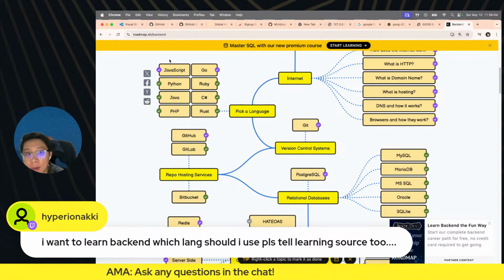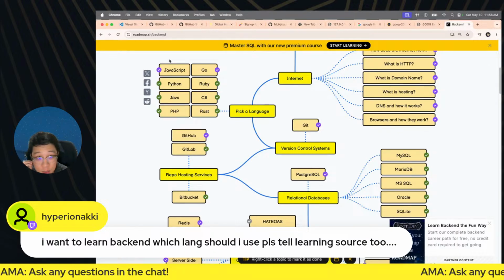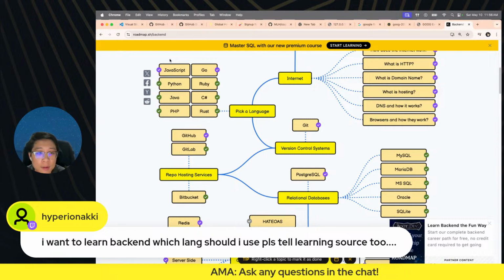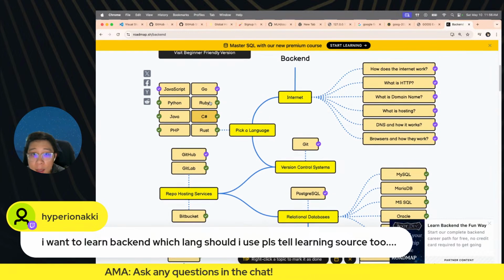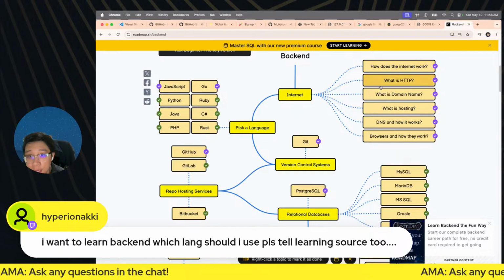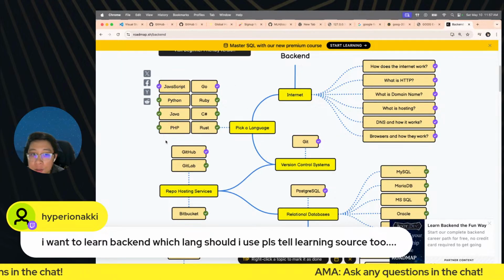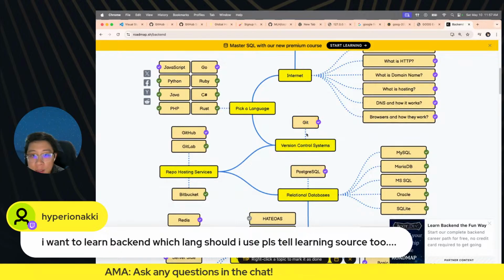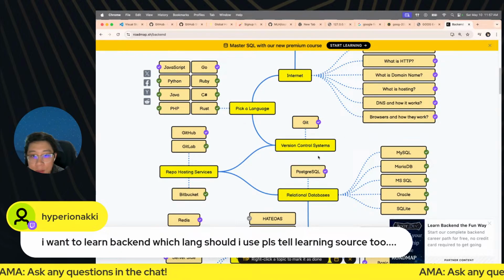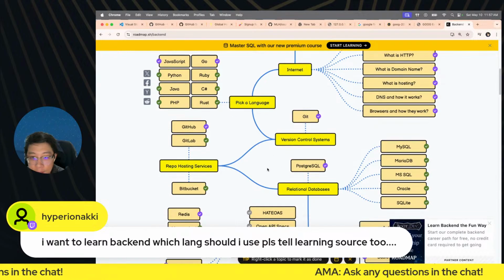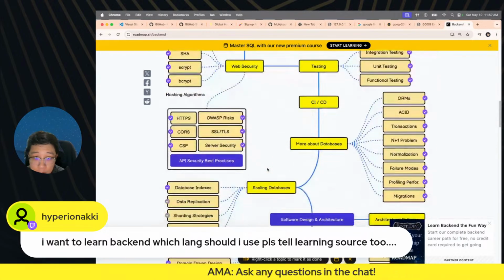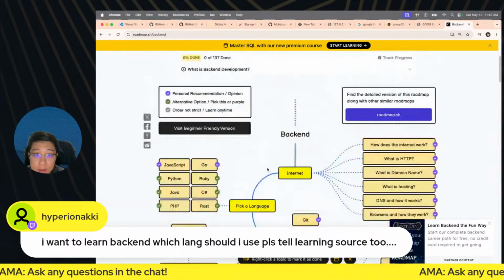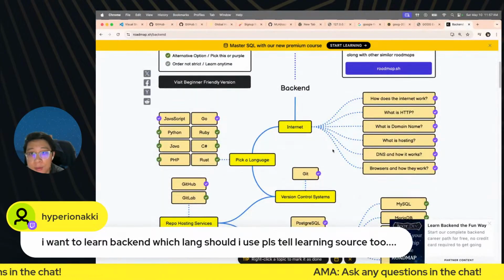If you're a beginner, I recommend going with JavaScript or Python, just for simplicity. Afterwards, you can move on. A lot of the concepts are very similar, so you can move on to other languages. But you do have to learn about all the different concepts behind it, because a programming language is just a tool. Frameworks are just a tool. There are a number of things that you need to understand in order to use those tools and learn backend effectively. So these are all the things that you'll need to know as a backend engineer. I know this looks like a lot, so you can always start from the top and go down as you go.